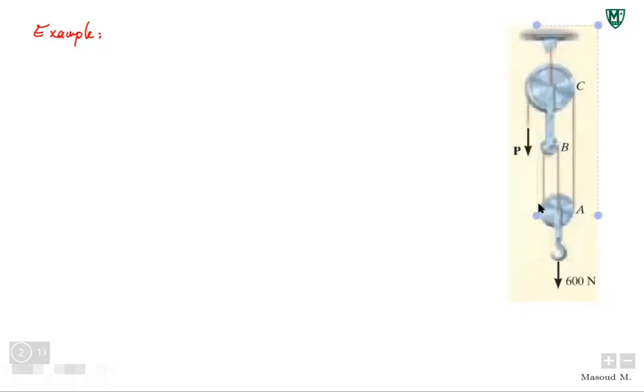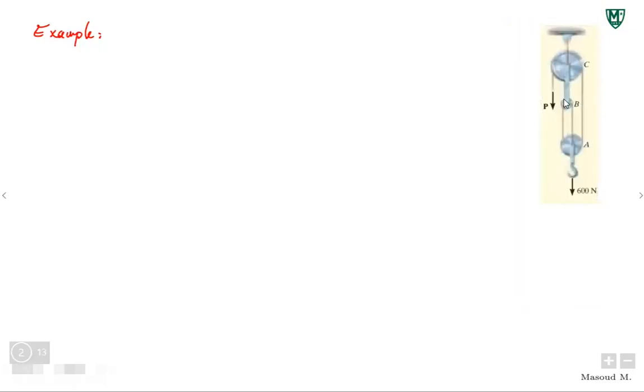We have a system of pulleys. We have one side of the system. Let's say we are using the system of pulleys and the rope to lift some weight, 600 newtons, and we